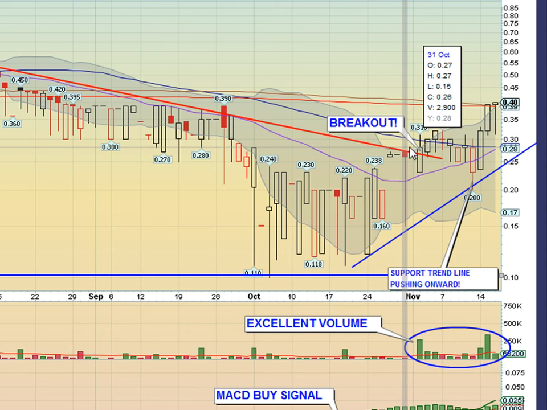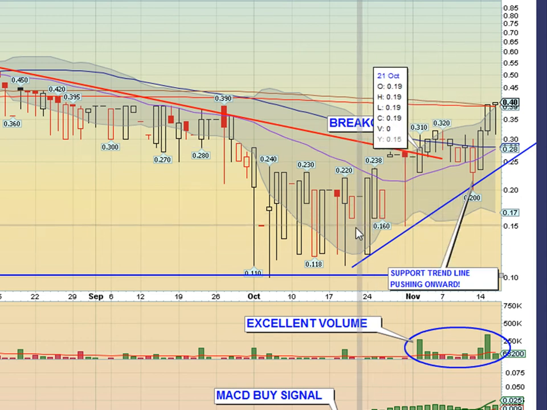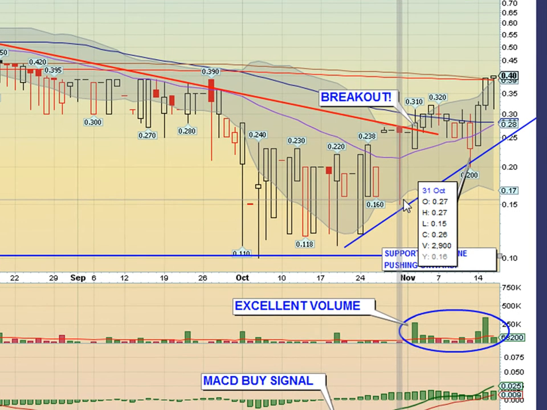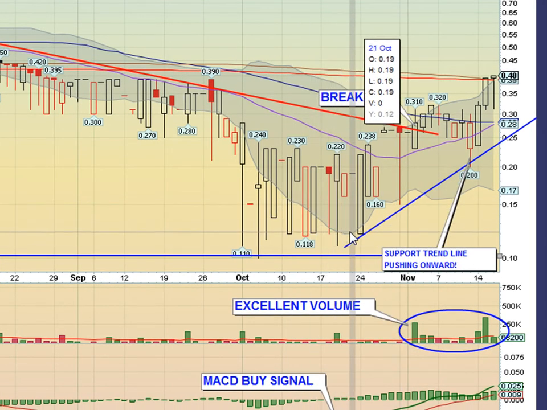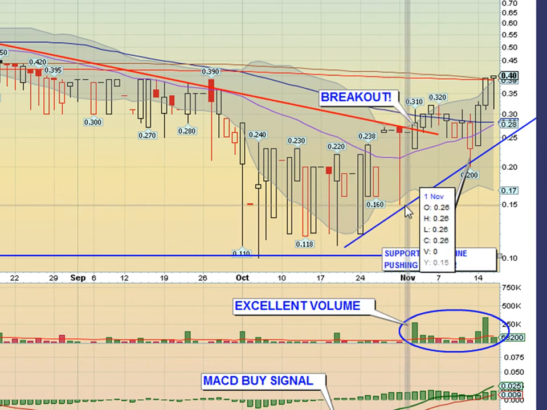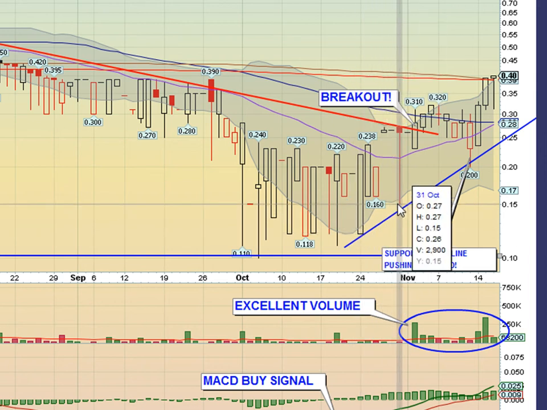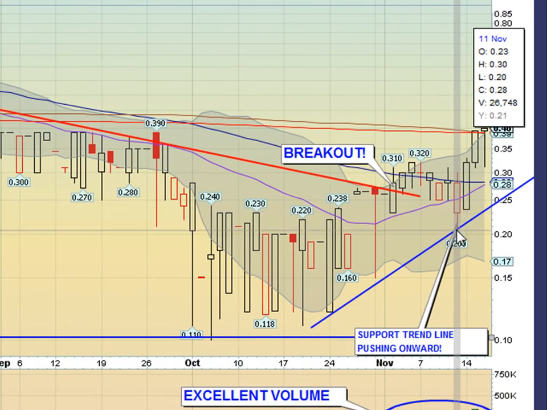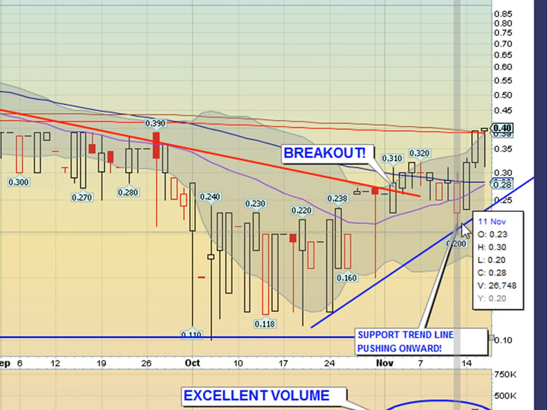So we realize the stock's moving in an upward trend. What we need to do is find the direction that the upward trend is now beginning to move. So we take a look at some of our recent low points. You can see that a low point happened here on October 31st. It was higher than all of the others. So if we take our last low point and we start to connect it together, it can give us the possible location of where our next low point will occur in the future. And you can see right here on November 11th, we came and tested the trend support line, and we held it, and we started to lift from it. So that's confirming the rising trend is still intact, and we had a nice rally up